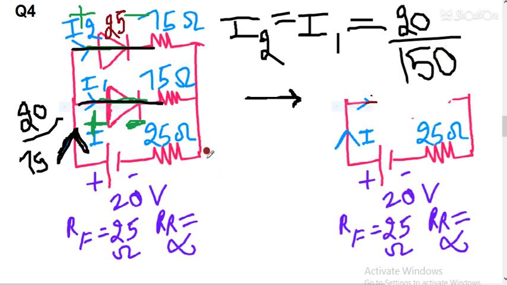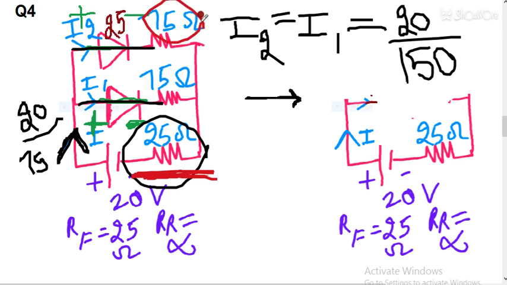If he asks you about the voltage drop across this 25 ohm, then you can easily find the voltage drop across the 25 ohm. So basically whenever this resistance is given, students, you have to consider that resistance. And what will be the logic when the resistances are not equal, I will discuss that in the next video.